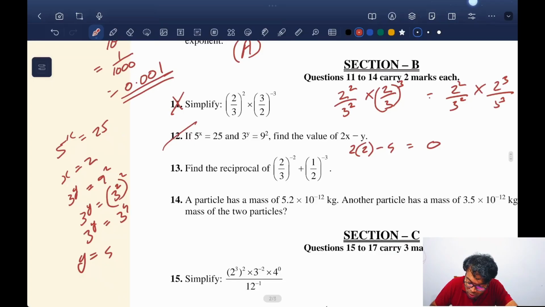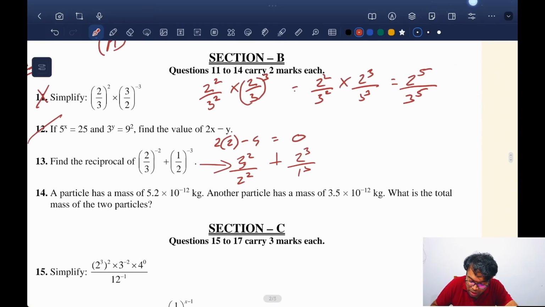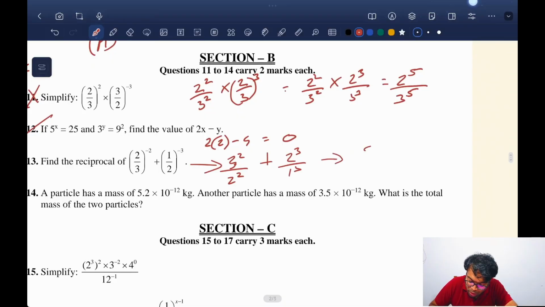So सबसे पहले माइनस को हटा देंगे। This will become 3 squared upon 2 squared. समझ में आ गया? यहाँ पे 3 squared upon 2 squared plus 2 cubed upon 1 cubed. So this can be written as what? तुम्हारा 9 upon 4 plus 8